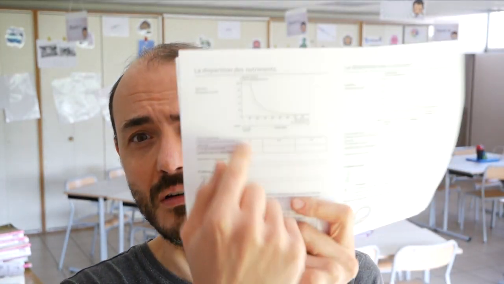The beginning of today's lesson is nothing fancy, nothing fun at all. It's just a graph that they have to describe, just to show me that they know how to read a graph. But in this graph, we see that the percentage of nutrients falls between the mouth and the small intestine. Why is there less and less nutrients through the digestive tube? I don't know if it's the right expression.